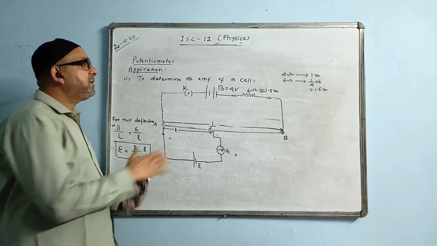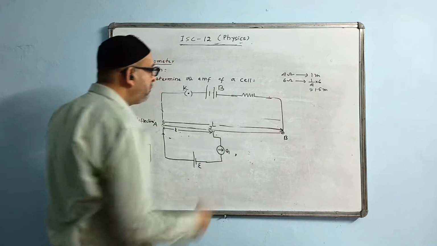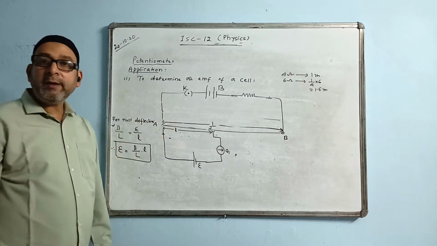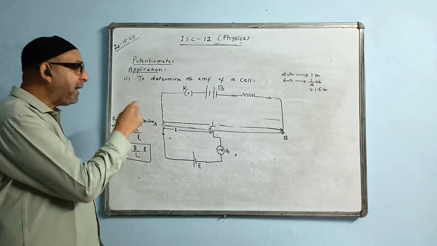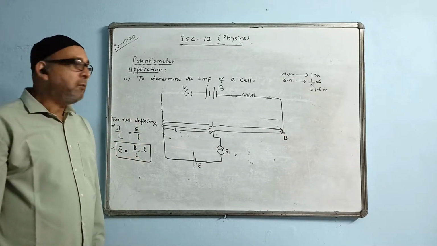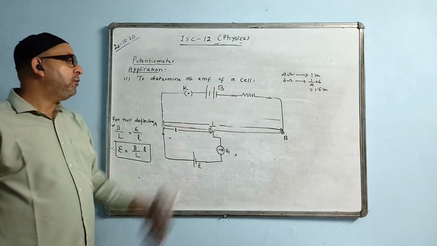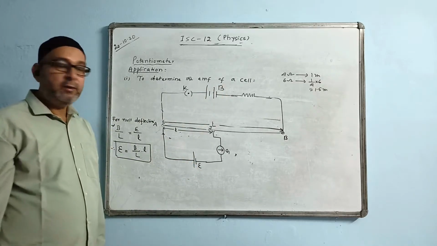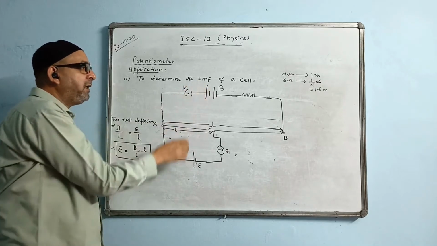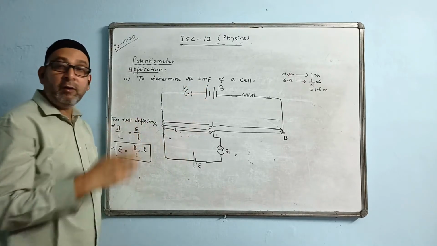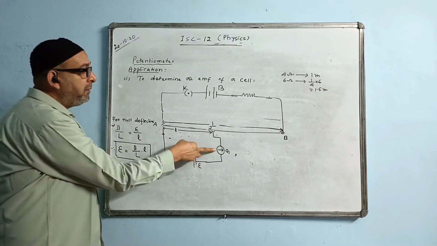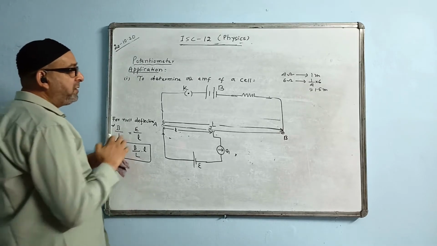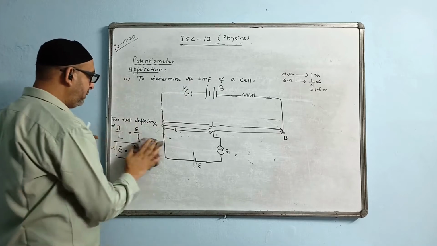One year they had given a simple question like this. The question was asking what can be the two faults in the circuit? You have to name two faults which can occur in the circuit. What answer would you give? You say that the B value should not be less than the value of EMF. That is the first fault. Second fault, the terminals must be correctly connected. If the terminals are not connected properly, then the galvanometer will not give zero deflection. So this is the circuit diagram to determine the EMF of a cell.